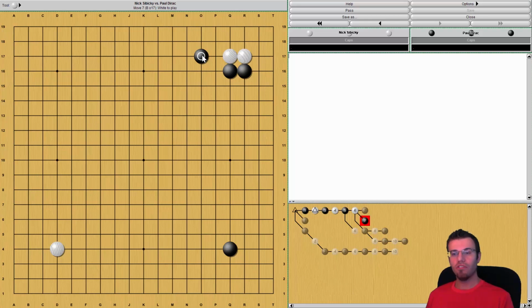The proper continuation for white is to play here. Before we look at this move, I want to talk about what happens when white plays here. Because if you think it's for black to play here, then you shouldn't have played 017 to begin with. Again, when you play this move, you're trying to defend the top, so you have to play this move. White can, of course, poke through